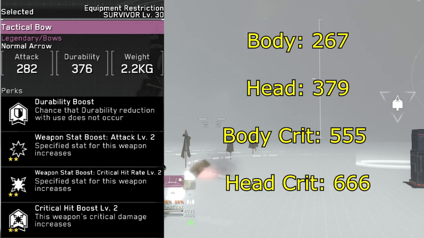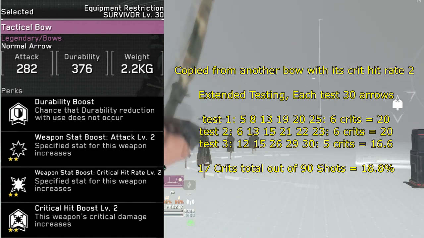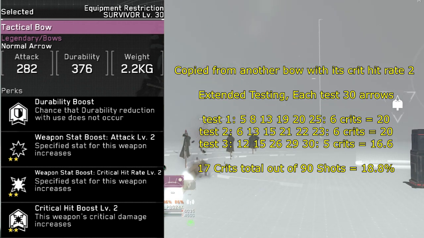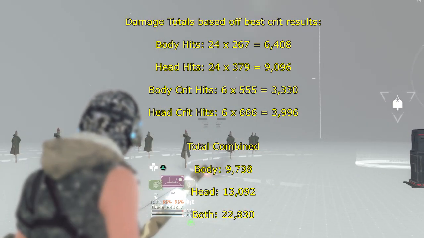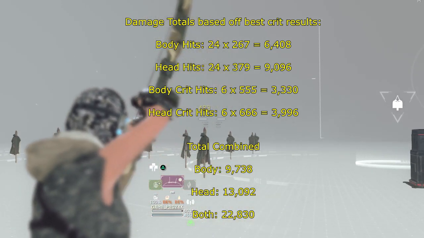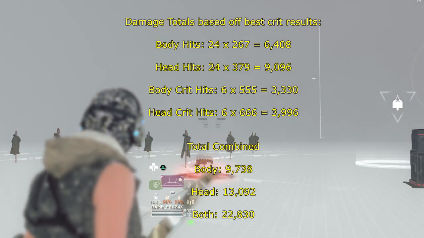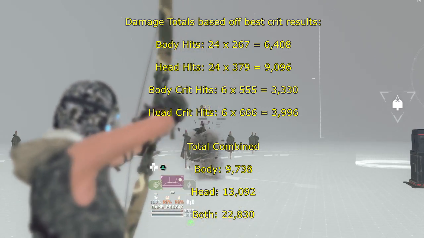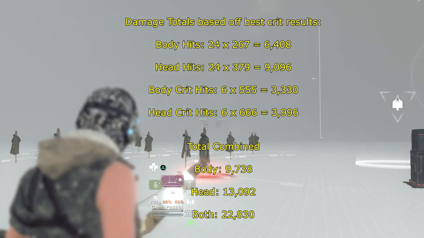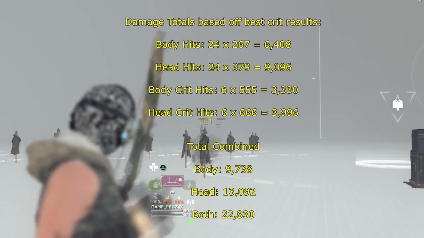A very weird number. Once again, we're just going to use a copy-paste test from another crit hit rate 2 bow, and of course, out of 30 shots, it's going to do 6 shots that are crits. So of course, we're going to be doing a total of 24 normal hits and 6 critical hits. For the body, we got a total of 6,408 damage. For headshots, we got a total of 9,096. For body crits, we got 3,330. And for headshot crits, we got